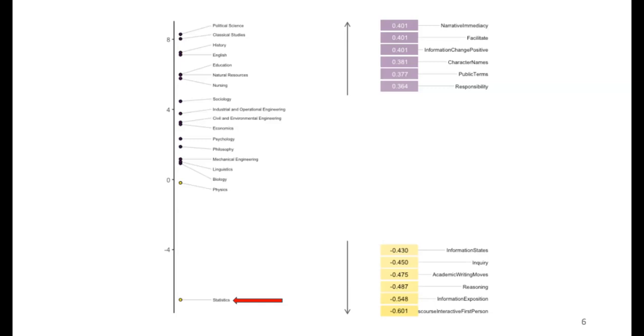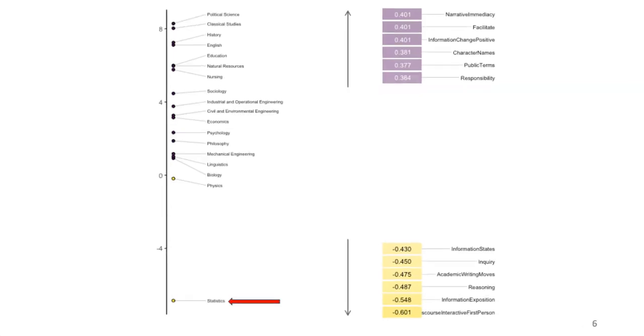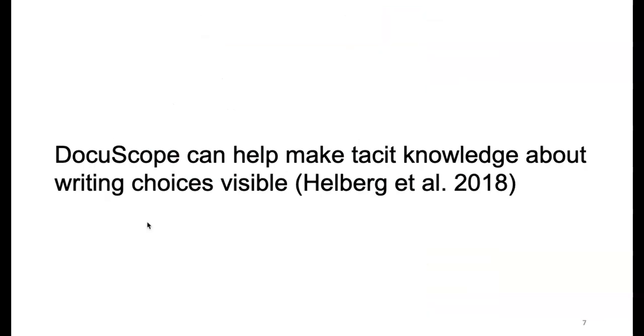on the negative end. So what DocuScope offers us through this MDA is a starting point for describing disciplinary writing in statistics. So we can look at tokens from each of the characteristic DocuScope categories in context to get a better sense of the rhetorical moves that these writers are making. I want to shift gears a little bit and talk about a keyword analysis of an introductory statistics course called Reasoning with Data, or 36200.